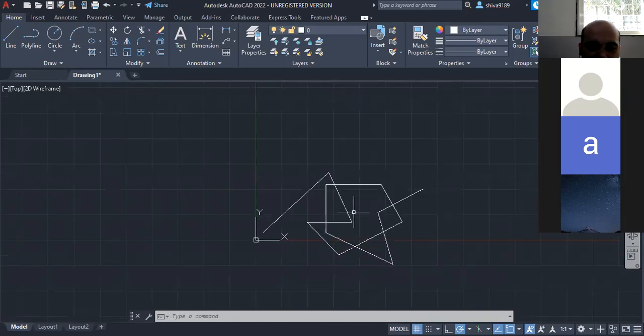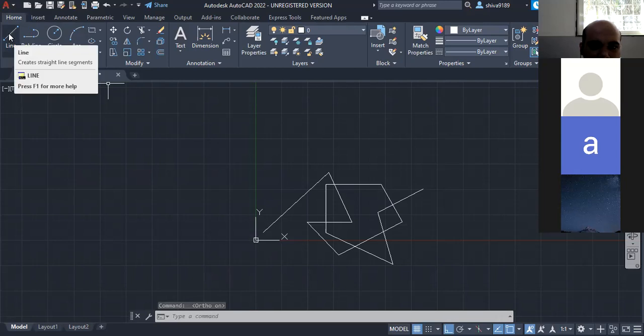If you want to make a straight line, what you have to do is click on this, which is called ortho mode. You have to click on ortho mode. Now when you make a line, you can either type the line command or just click on this as well. Not a problem, there are two options.